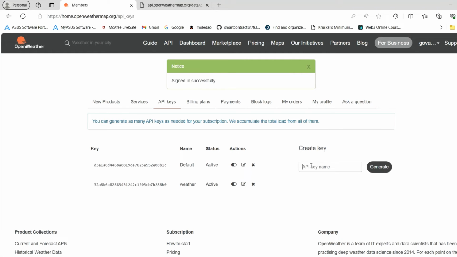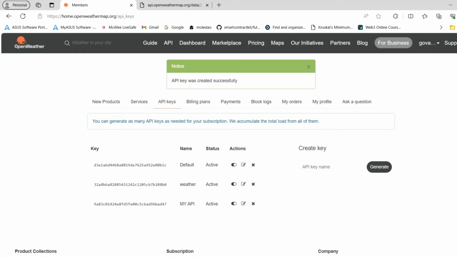So like my API, see, I created one more API key. See, we got the API key here. Remember one thing, guys, when you create the API key, it takes almost half an hour to get activated. So please make sure to wait.